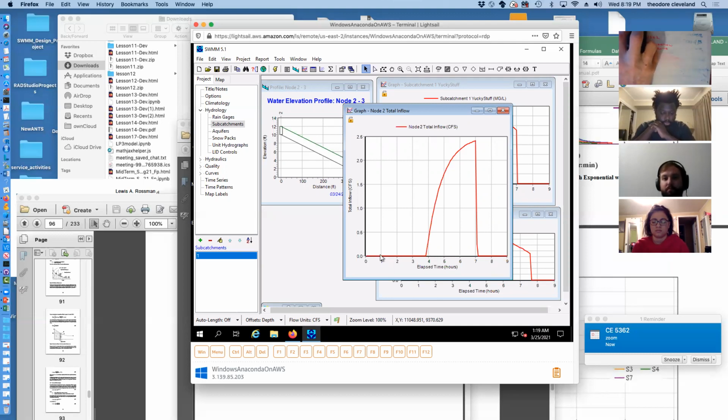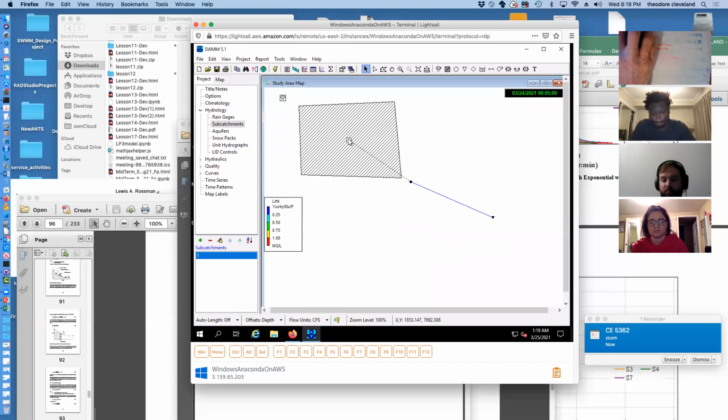Remember last time it was a square wave starting at 1, going all the way up to 5, and then dropping off at 7. So in this case, we don't get the square wave because the area that used to be under here is all lost to infiltration. And if we modify our hydrology,